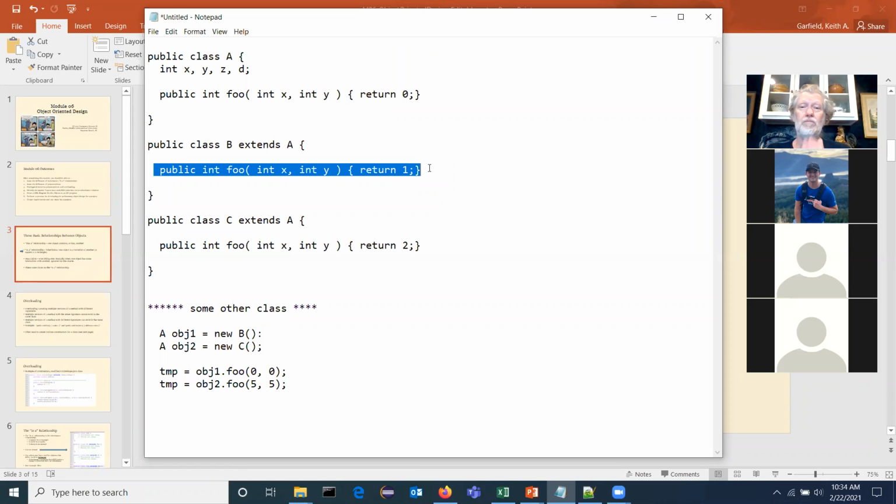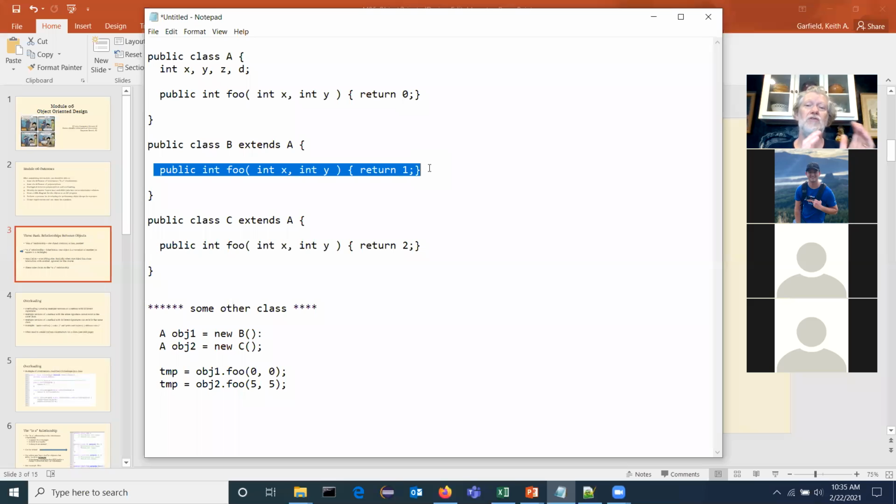You may have multiple versions of constructors, and that's where I tend to use overloading the most. Sometimes you have different inputs that you want to feed to a method at different times, so you can use overloading.